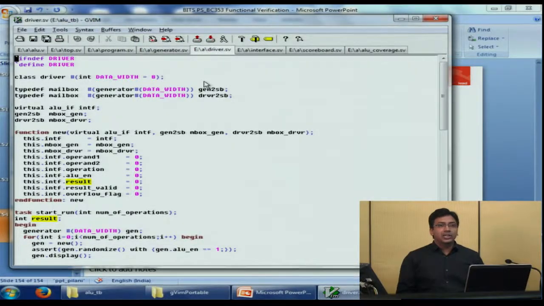So let's look at the driver code now. This is the declaration of the driver class. As we have seen earlier, the driver contains the two mailboxes using which it will communicate with the scoreboard class. The first mailbox is generator to scoreboard, which indicates that it will create a raw object of generator,